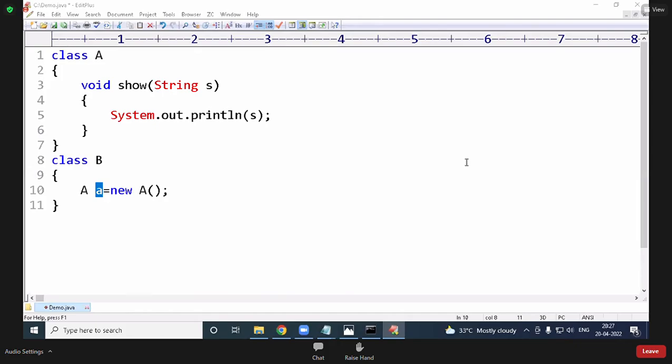Now, one minute. How many people answer instance variable? How many people answer class variable? How many will answer local variable? Online students, just raise your hand. How many people answer instance variable? 23 members said instance variable.